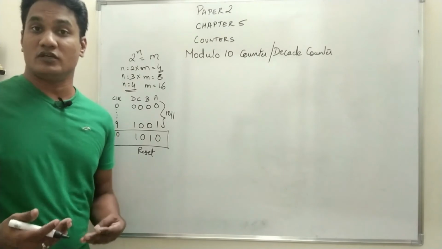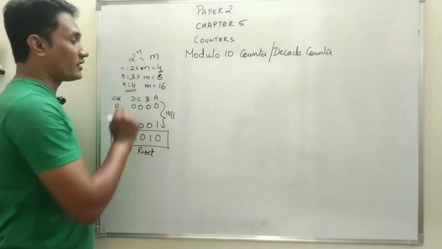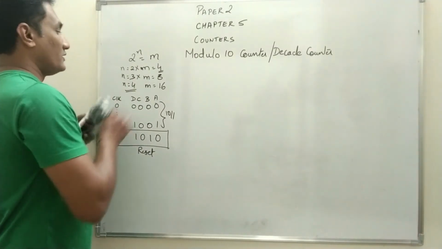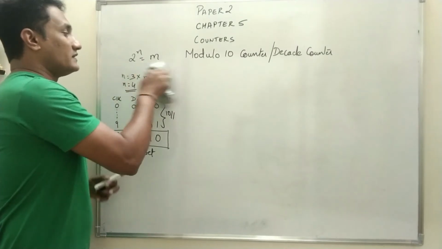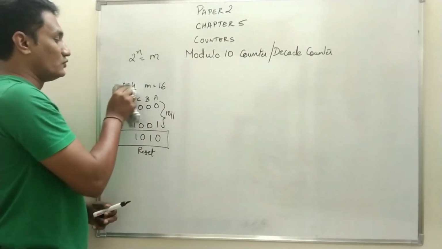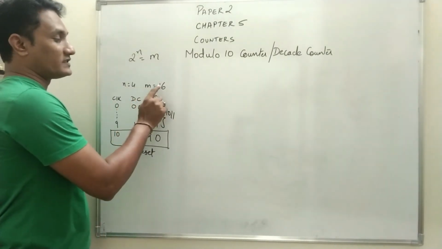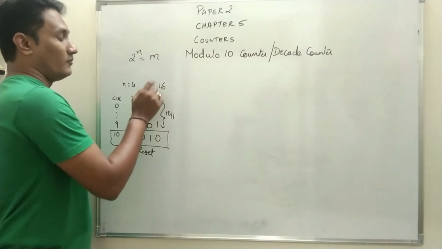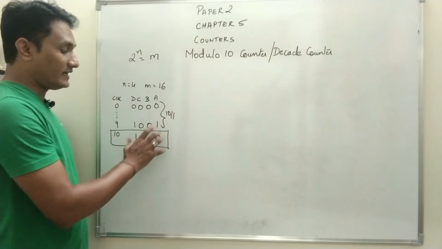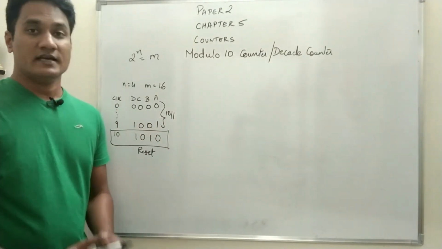So every time you have been asked to design a modulo counter, first you will decide the number of flip-flops. Now we can easily say that we cannot use n equal to 2, that is 2 flip-flops. We cannot use n equal to 3, so we have to use at least n equal to 4, where m is equal to 16. So the modulus of the counter will be 16, but we will make sure that it resets after the 10th clock pulse. From 0 to 9 it will count, and at the 10th clock pulse it should reset.